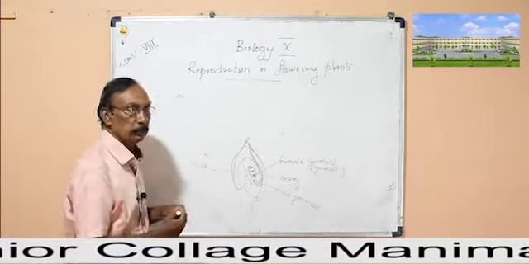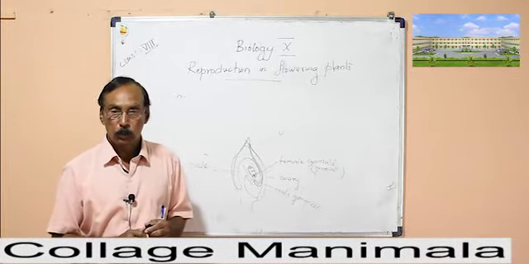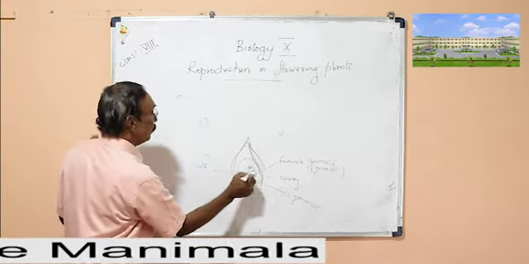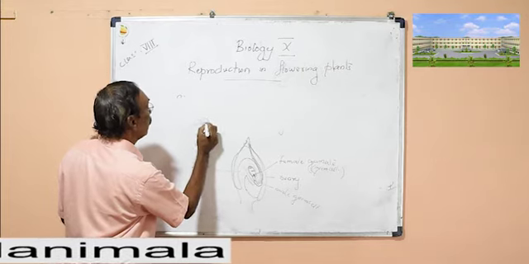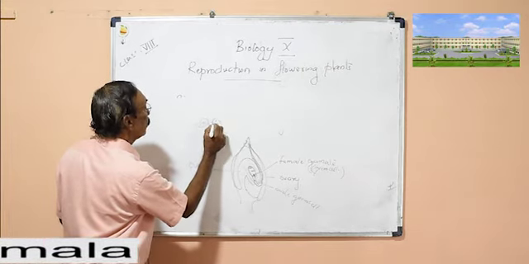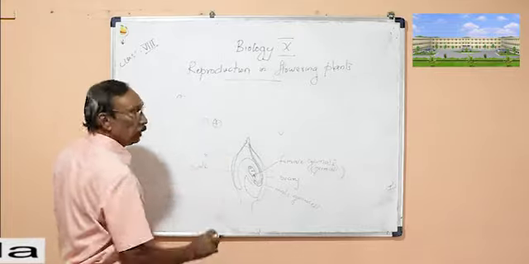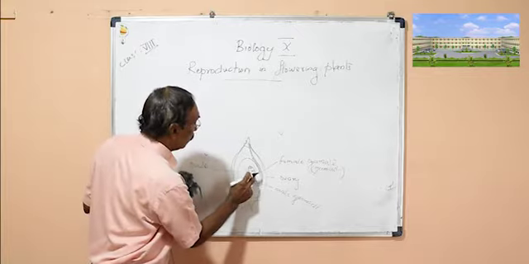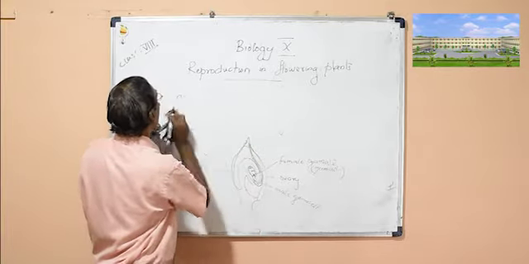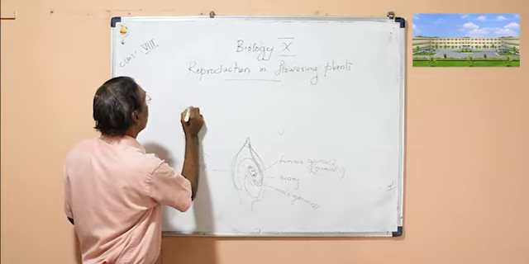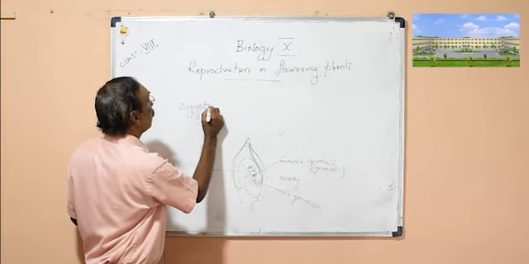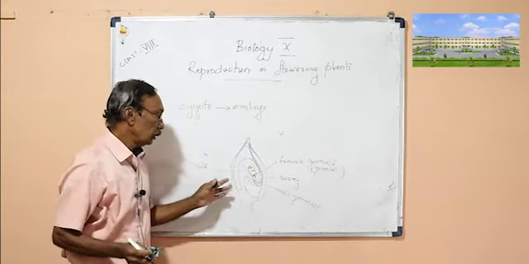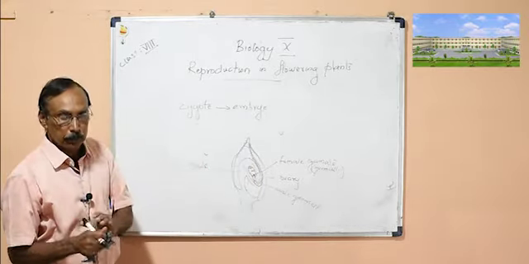After the fusion of male cell and female cell, zygote is formed. What would happen to the zygote? The single cell inside will start multiplication. You can see one cell will become two cells, slowly it will multiply. And slowly, inside the seed, it will become what is called an embryo. So zygote changes to embryo. If you examine an embryo, these are the parts of it.